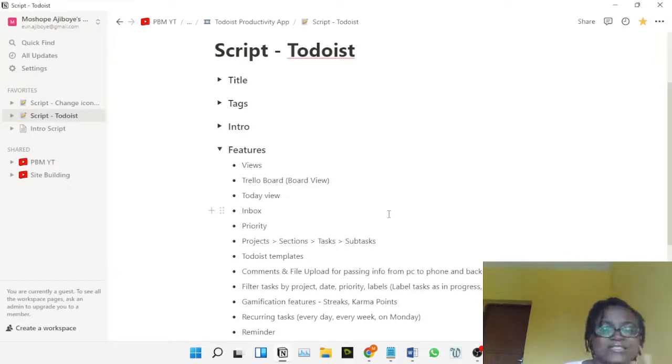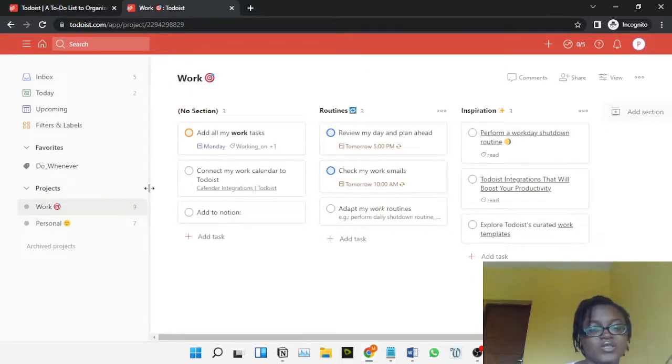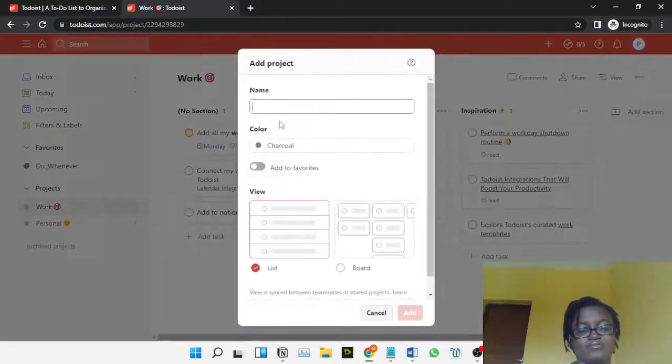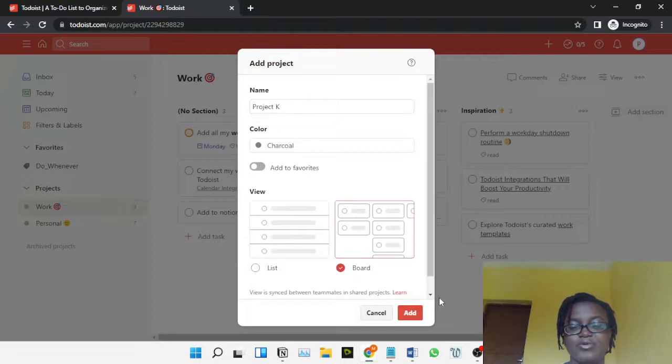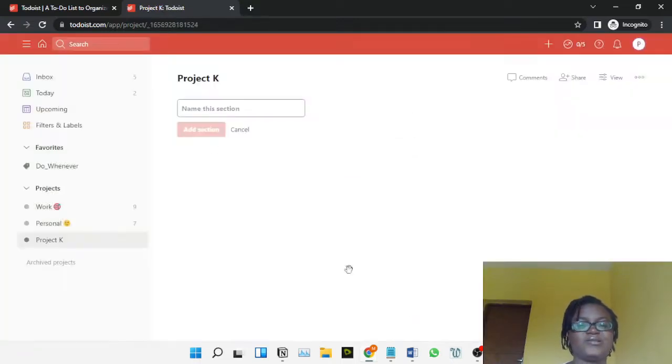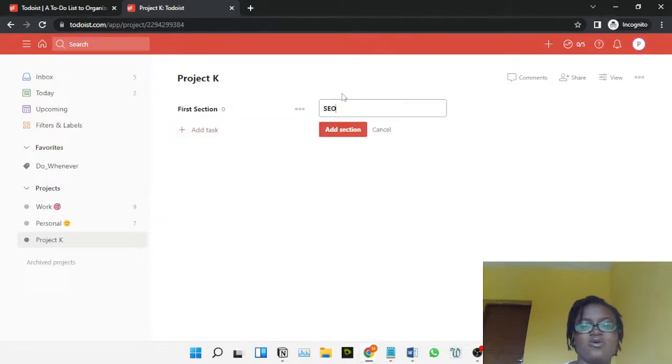Let's now talk about how to add tasks to projects, sections, and subtasks. It's as simple as this: this is a project. Let me do something from the beginning. Let's have Project K. And then you'll be on a board, because I like boards and I don't like lists. I like lists too. Okay, so in Project K we'll have a first section. Let's say Project K is a website you're trying to build. So you can just have SEO,